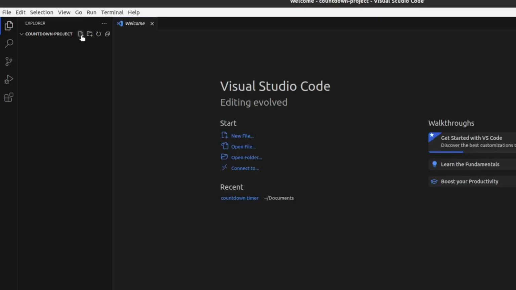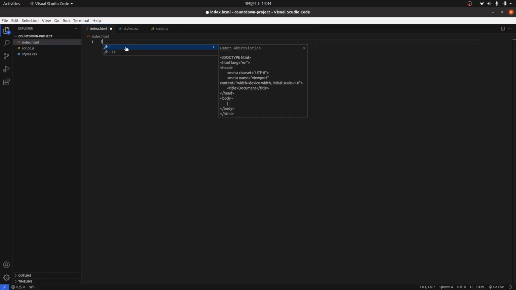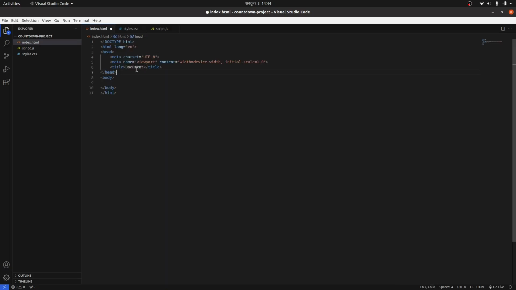After that, we'll make three files: index.html for the HTML file, and similarly styles.css and script.js file for JavaScript. And after that, in index.html, we can start writing the HTML. First of all, let's make the boilerplate and change the title to coming soon page. We are making a coming soon page